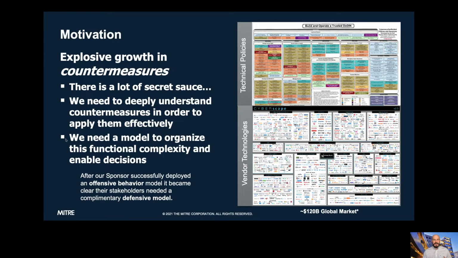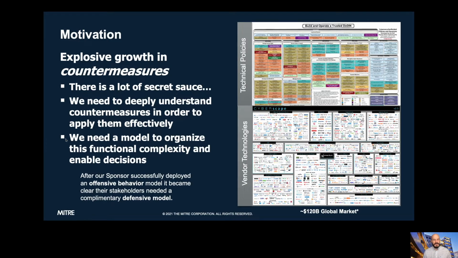So once that was deployed, it got out there, became very successful, a natural question arose, which is: could you describe what cybersecurity defenders do in as much fidelity as we describe the attackers? So we basically proposed this project to help organize the defensive space the same way that MITRE had organized the offensive space. This defensive space is huge, and if you think about it in two main buckets, first, sort